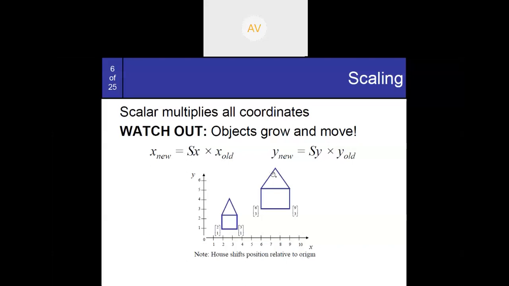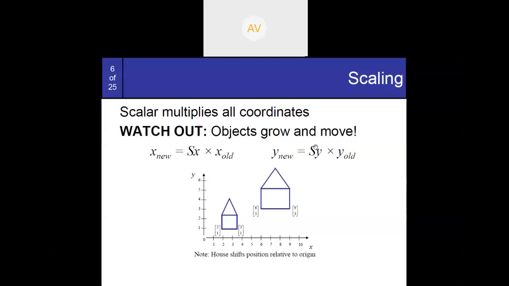Similarly, here scaling in y, if you multiply 3 into 3, you will get 9. So the scaling value in y is 3. So first you have to decide by how much value you want to scale the object, and multiply a similar value in x and a similar value in y. If you want to do the uniform scaling, both values will be the same.